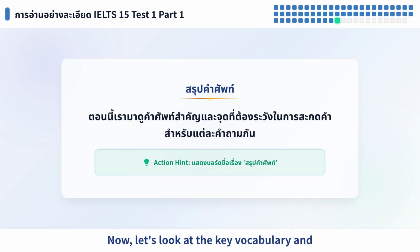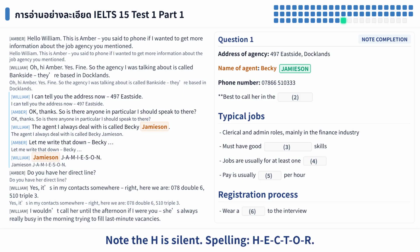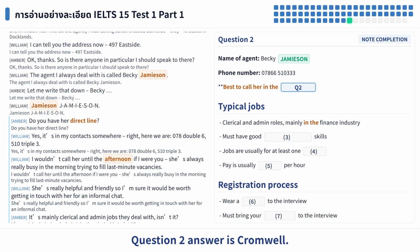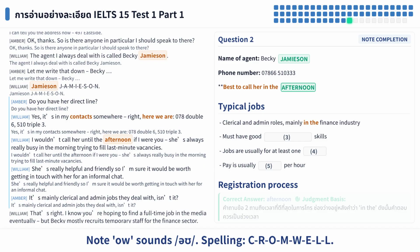Now let's look at the key vocabulary and spelling points for each question. Question 1 answer is Hector. Note the H is silent. Spelling: H-E-C-T-O-R. Question 2 answer is Cromwell. Note "ow" sounds like O. Spelling: C-R-O-M-W-E-L-L. Question 3 answer is